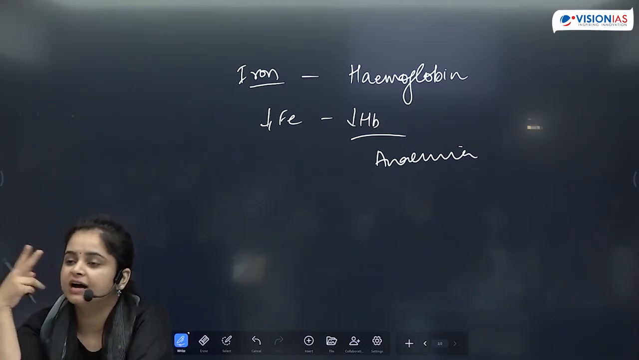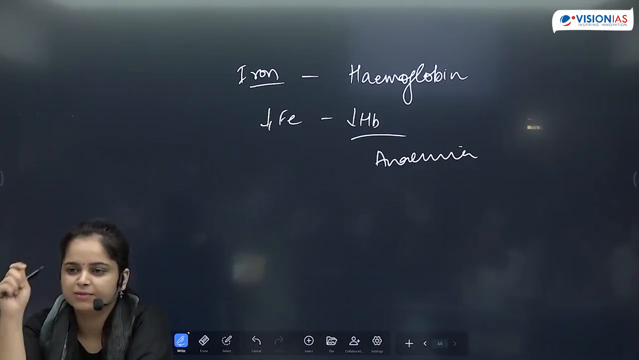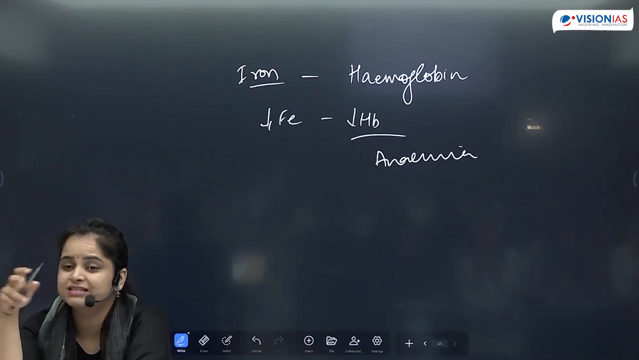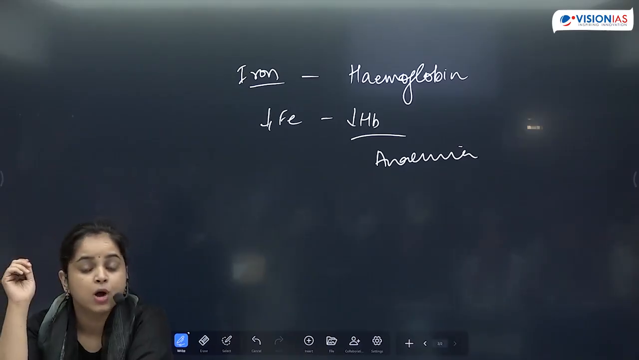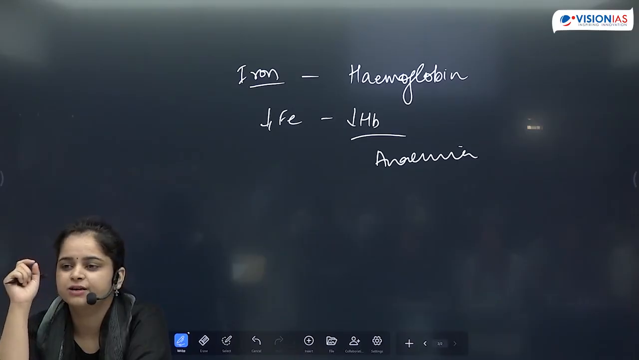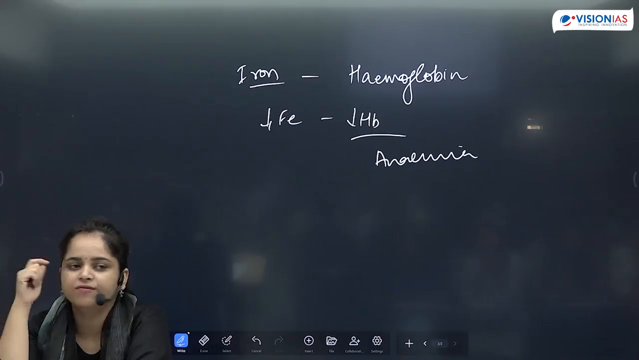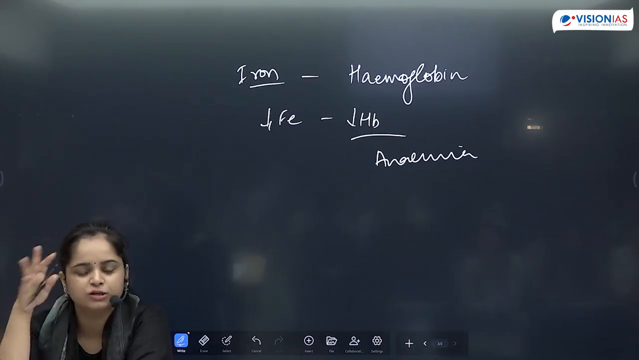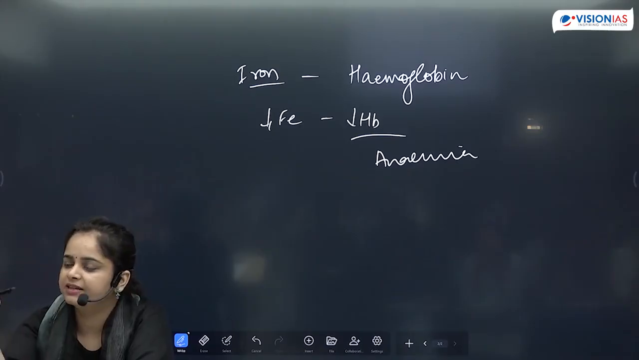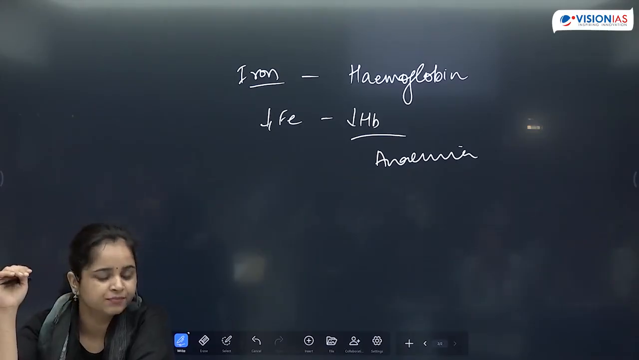Now you know two types of anemia already. Anemia means hemoglobin will be less. The reason for that can be different. One reason we studied yesterday was B12 deficiency. Now this is deficiency of iron. Reason can be anything, the ultimate thing is hemoglobin is less. And